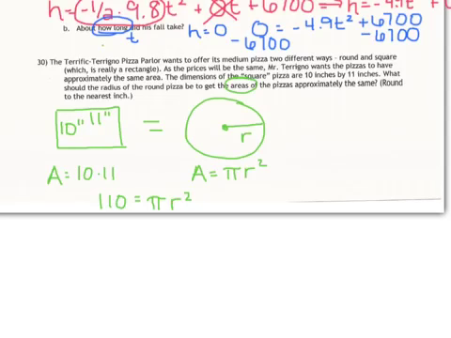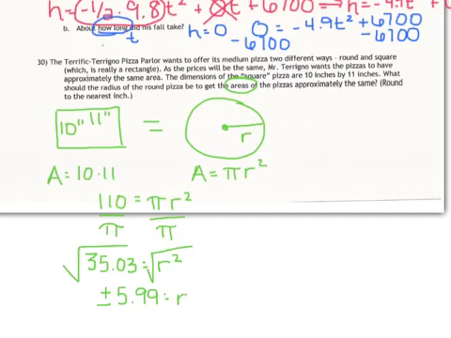I would start by getting rid of that pi. So let's divide by pi. And you can just use 3.14 for pi. Let's see, 110 divided by 3.14 comes out to 35.03 equals r squared. And now to get rid of that square, we're going to take a square root. And when I do that, again, this is another one where technically I should say plus or minus in my answer. And I get like 5.99